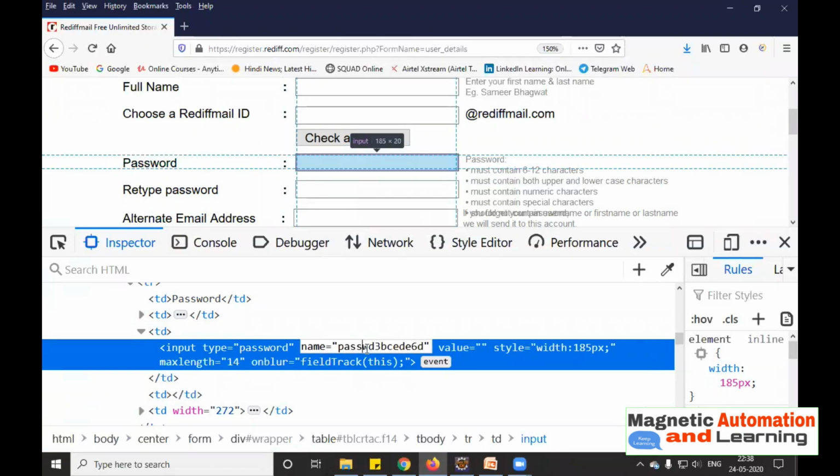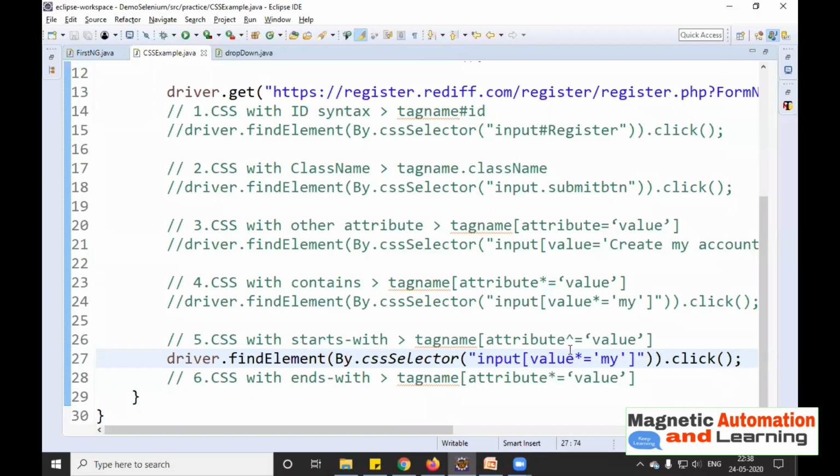Fine. So we are going to use here starts with. I will copy this passwd from here, and here name equals to passwd we are going to use. And in place of the star, we are going to use this symbol. It's not value, it's a name. Name equals to passwd. So we are not going to do click operation.